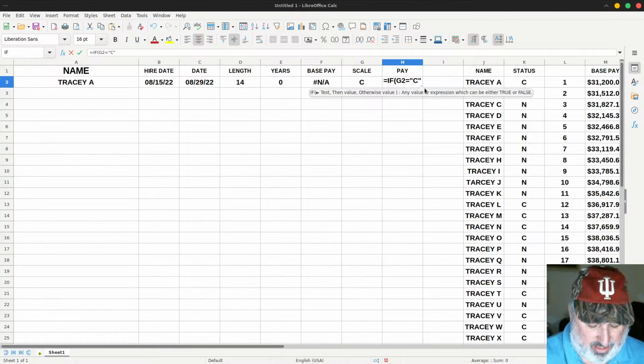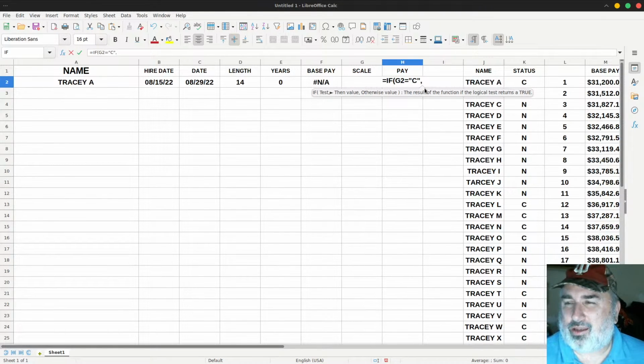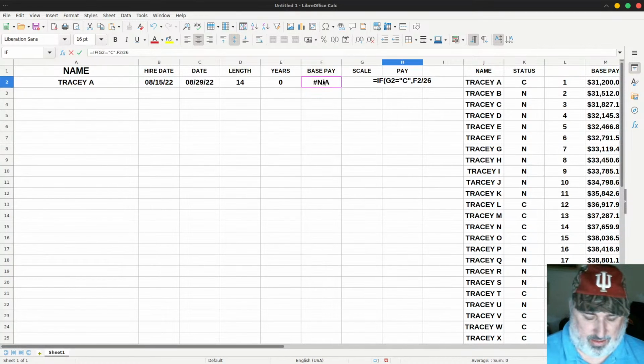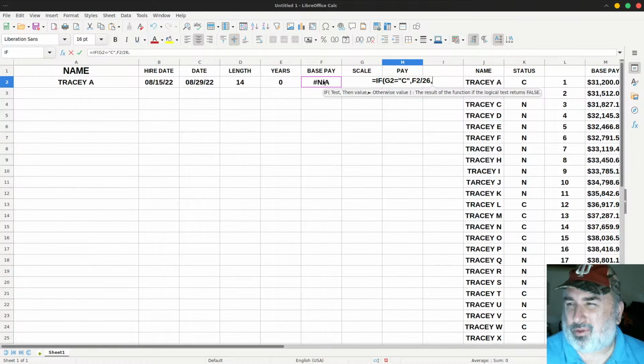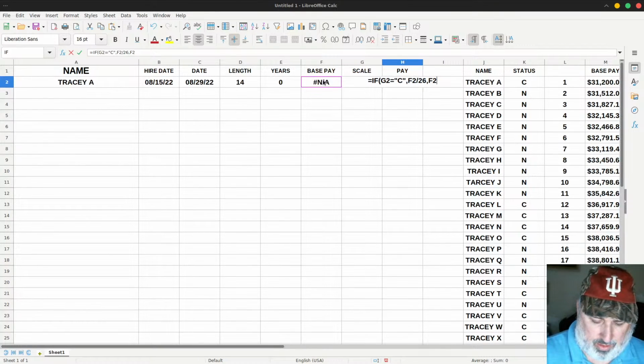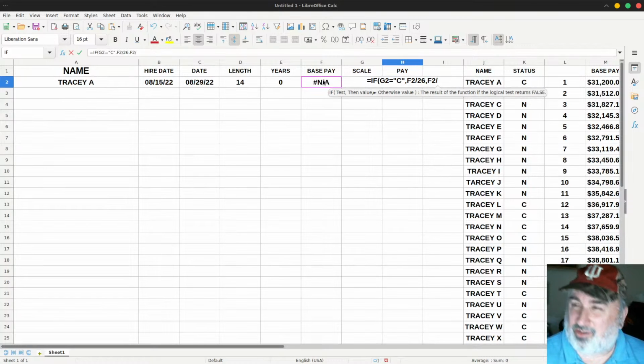and if it is, we want to take their base pay and divide it by 26, and if it's not, we want to take F2 and divide it by 22. So that's what we're saying there is,